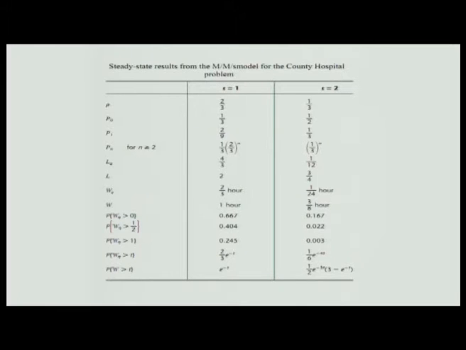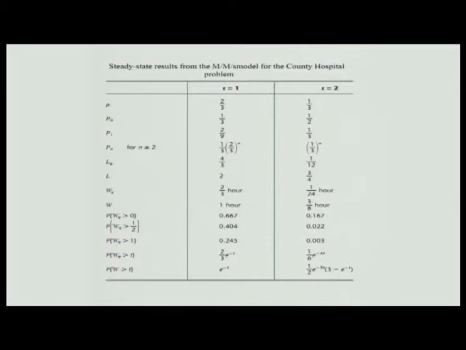So, here WQ being 2 by 3, if only one doctor is attending to the patients, then the waiting time is high, whereas it comes down drastically to 1 by 24 hours if your S is 2. Then W, the time spent in the system, that means queue and service, is 1 hour, whereas here it is 3 by 8 hour. So, you see these are the figures which immediately tell you that it will definitely be advantageous to have 2 doctors, because after all in an emergency room you do not want patients to die